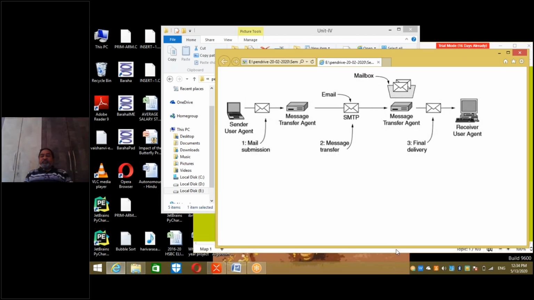Now, you see from investigation point of view, this is the sender user agent. You know that in client server architecture the server is elsewhere, sitting on the other side. We are showing this side, right? Sending user agent. This is what we call client software, and what we call the user agent. What is user agent?